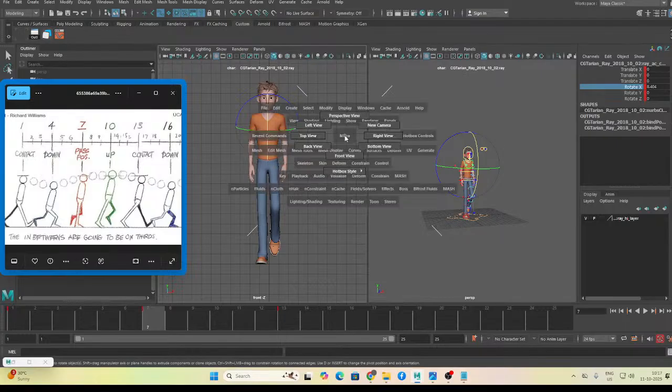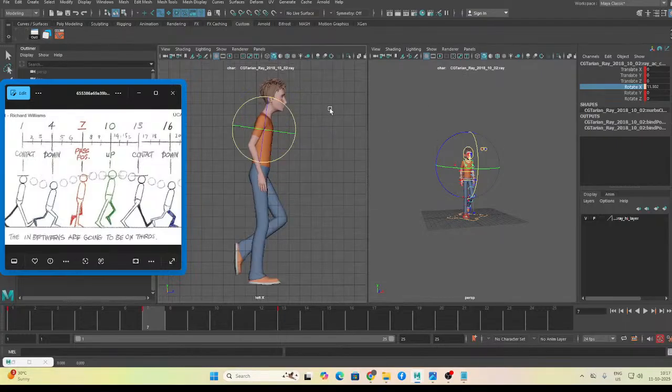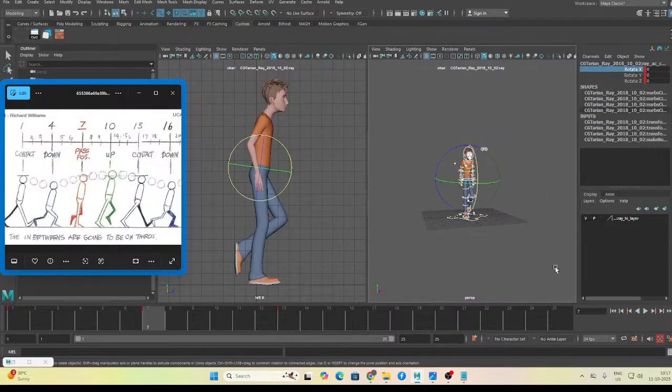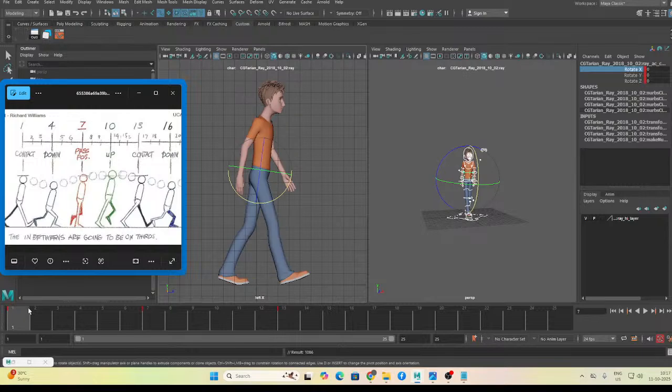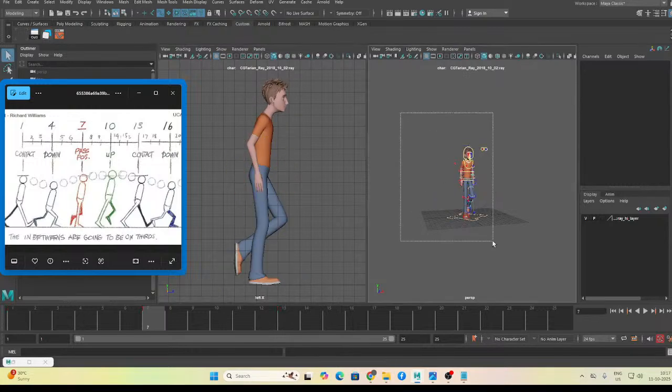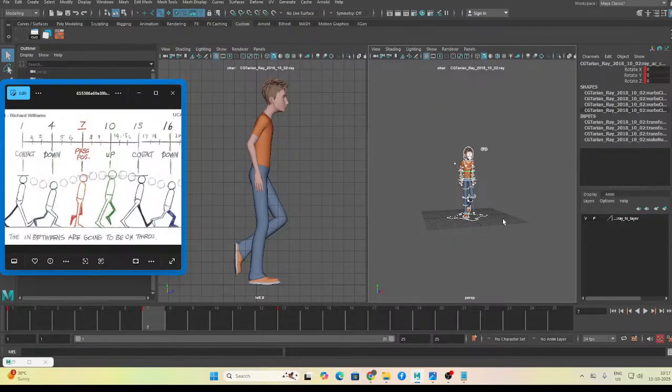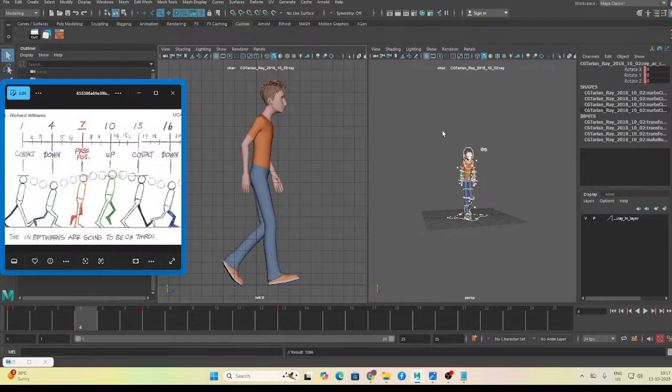For the chest, I'll rotate it a bit forward, and okay, I guess this is good enough. Okay, so the 7 pose is fine. Now I'll go to the 4th number, frame number 4,